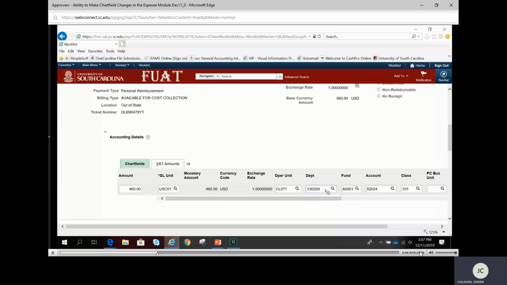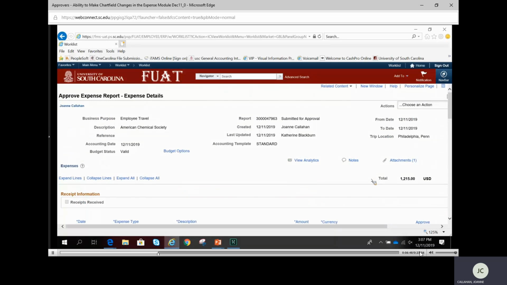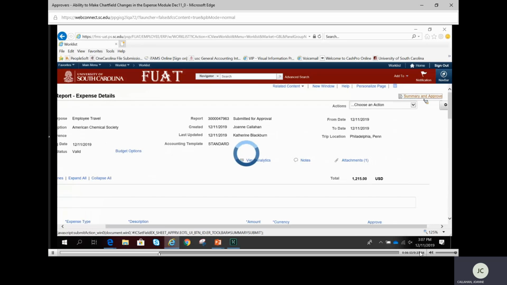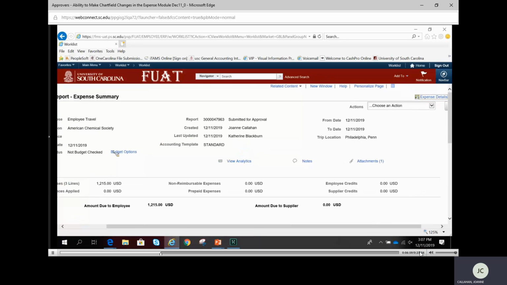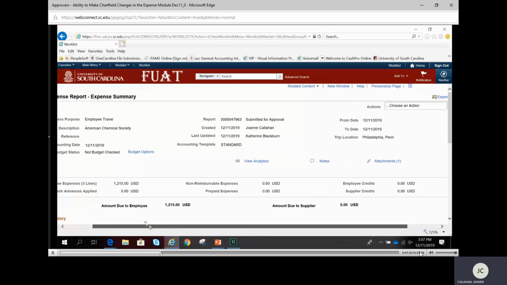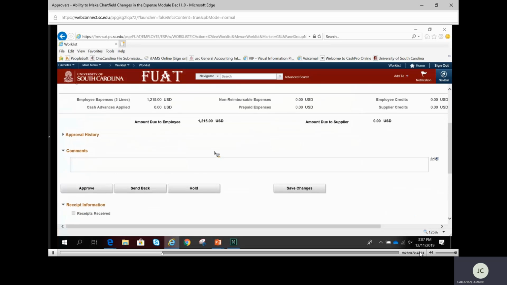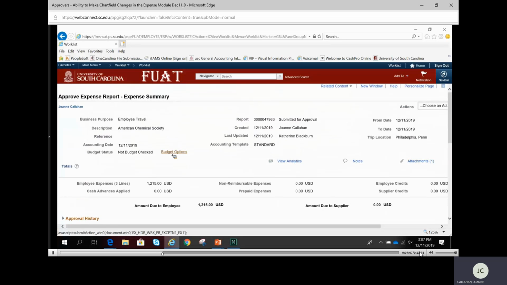Oh, excuse me. I'm going to tab off of that. I'm going to go back up to the top and hit my summary and submit, or my summary and approve. And you're going to notice that when we get back on that summary page, it now is not budget checked. So it's going to make you budget check this before it's going to allow you to approve it. So I'm going to budget check it. I'm going to click on the budget options,